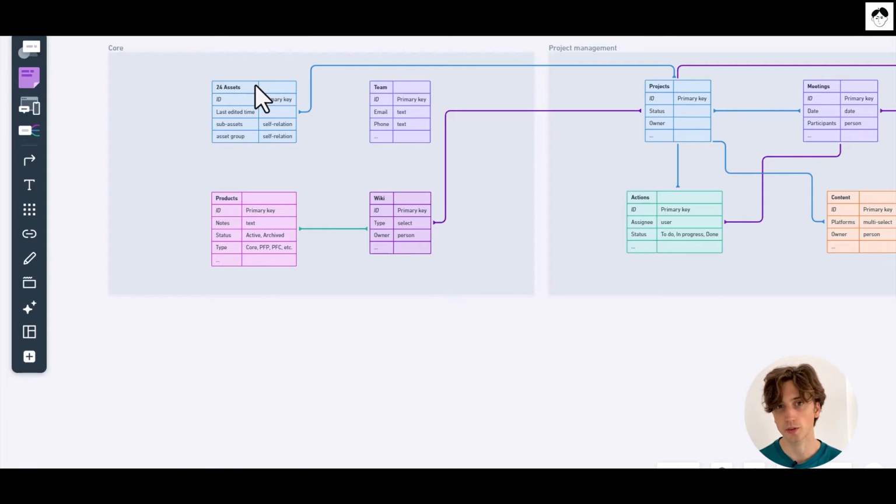The first core component of the system is the 24 assets database itself. That's the database where at a high level you can see all the assets laid out based on Daniel Priestley's book 24 Assets. These assets are divided into groups. There are 7 groups of assets, and for each asset you can then see all the projects that you have